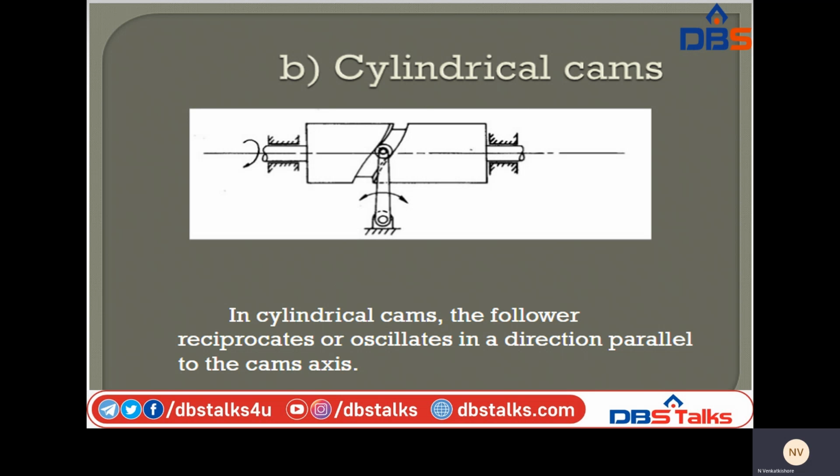See here, a groove is present, and the follower moves or rides in the groove of the cylindrical shape. A reciprocating and an oscillating follower we will see in this diagram,